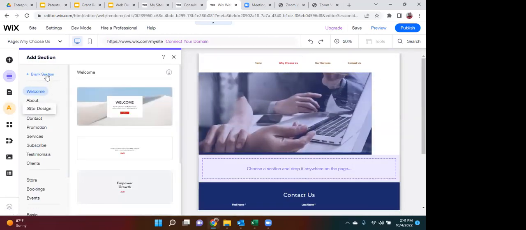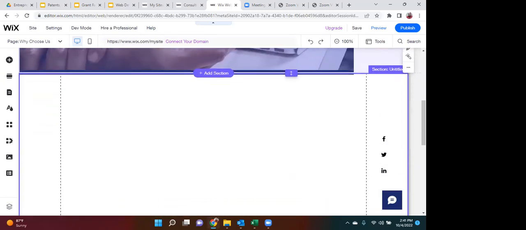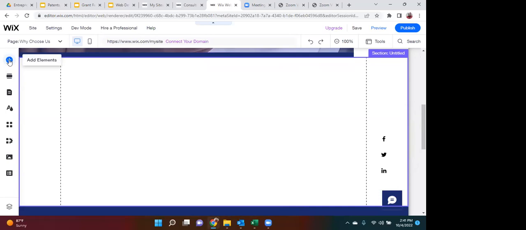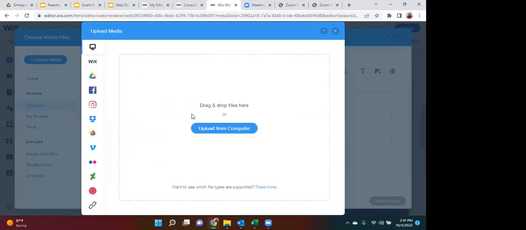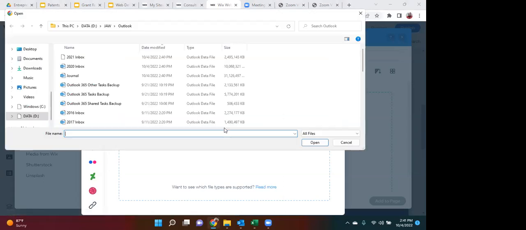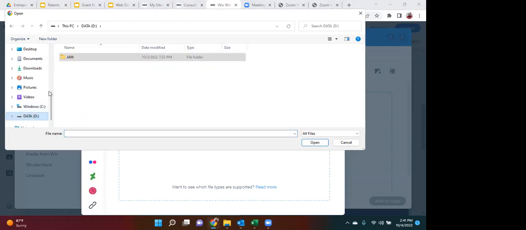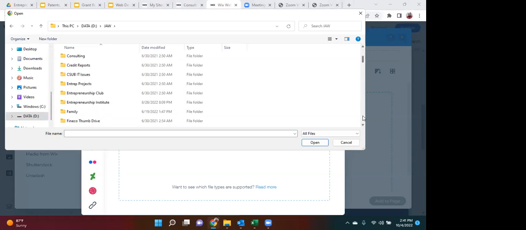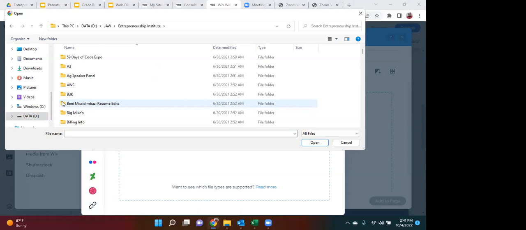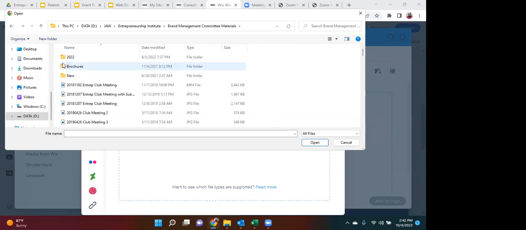And we'll just add a blank section here. And here we're going to put images and text of our major products. So if I go to upload images and upload from computer, I've got a whole bunch of stuff for the Entrepreneurship Club's webpage already in the laptop here, easy to find. So if we go in here and brand management,